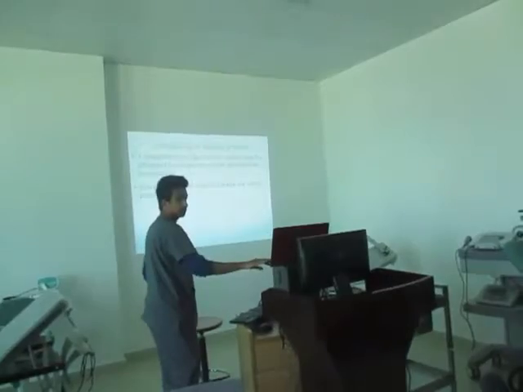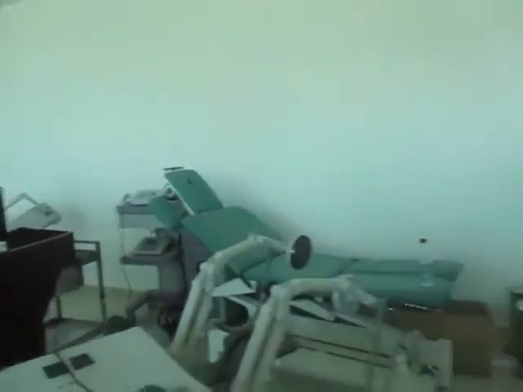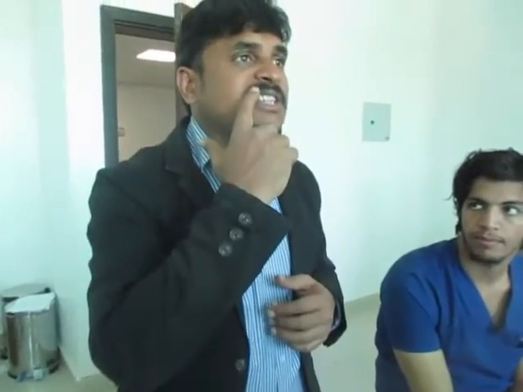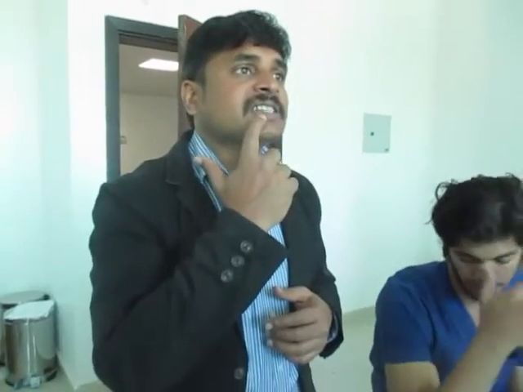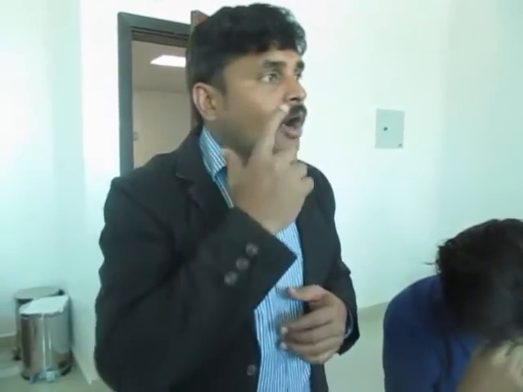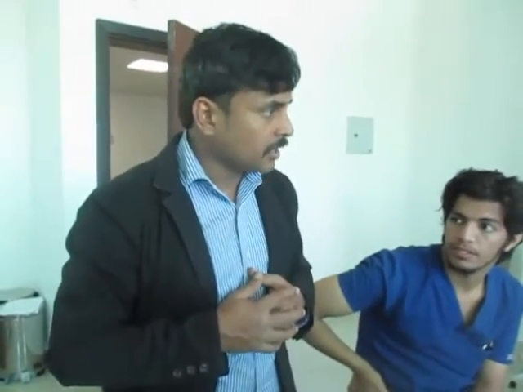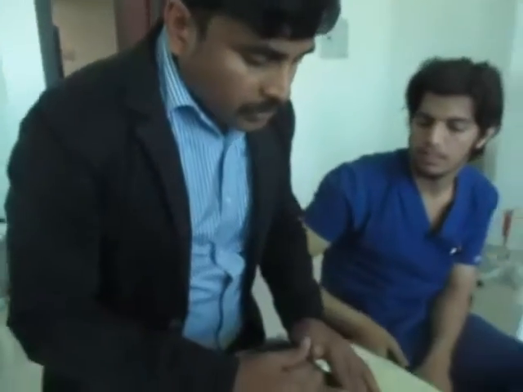Okay. So here there are two things that are not there. I will show you that. Now, how to do this? By opening the mouth, this is levator labii superioris, this is levator labii inferioris. How to facilitate superioris, how to facilitate inferioris. Now I will do it like this.